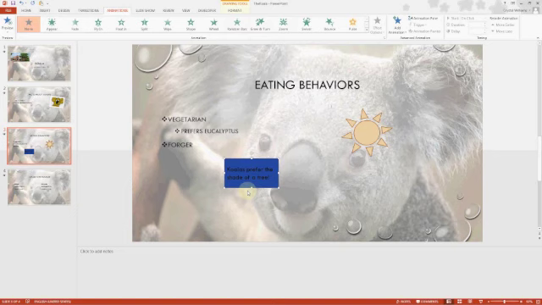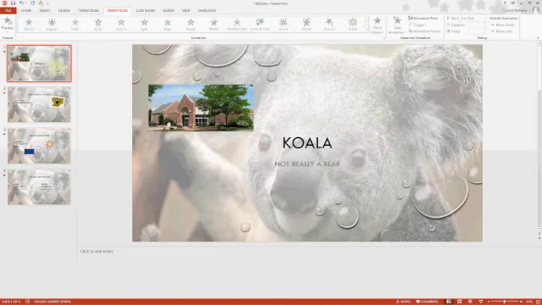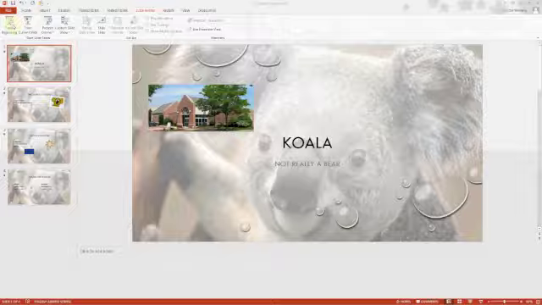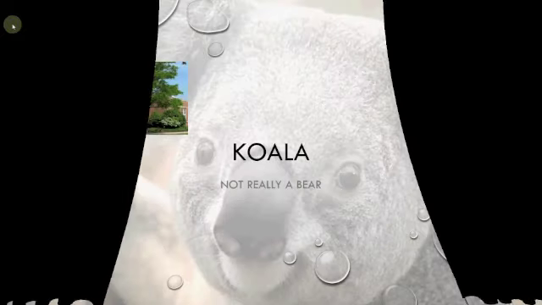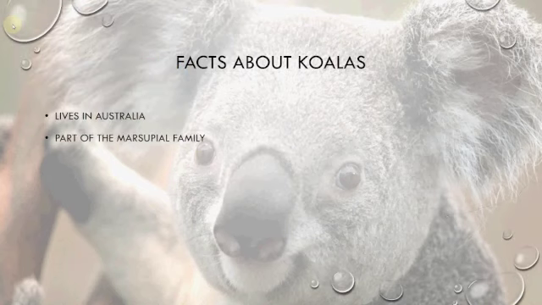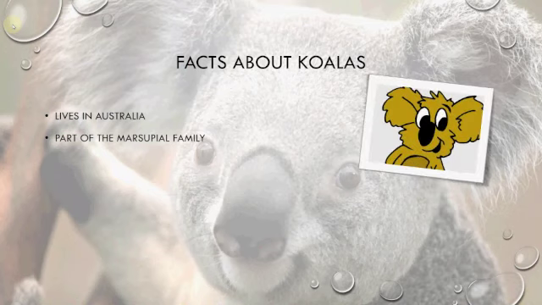So far we've added transitions and we've added animations. I'm going to replay my slideshow so that you can see what it looks like with the transitions and with the animations. Again, I'm going to go to slideshow and click from beginning. There we see when the first slide appears. Notice the fade effect for the second slide. It's a little bit more subtle. There's my animation,